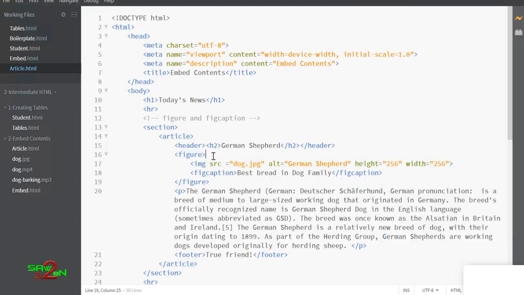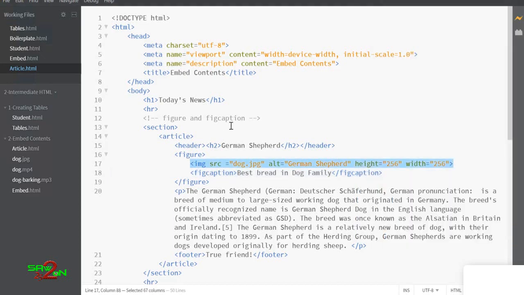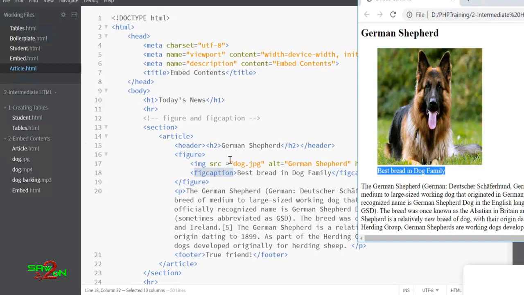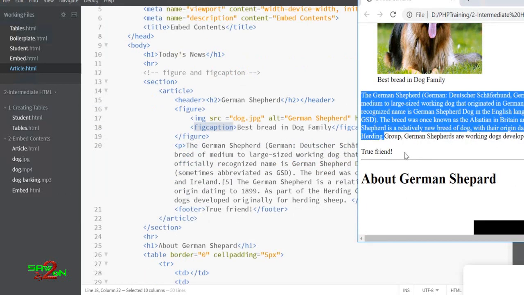Then if you see the figure, there's a tag called figure in article. This is a tag you're seeing for the first time. Inside the figure you can attach the images, and for each figure you can say what the caption is for that figure. This is called figcaption, and inside the figure you have attached the image. You still have to use the image tag to include the image, but you can wrap it in a tag called figure, which is under the article. Like header and footer, you can also include images using the figure tag, and if you want to add a caption to your image, you can use figcaption. Then you have your paragraph here, your p tag, and then you have your footer here.